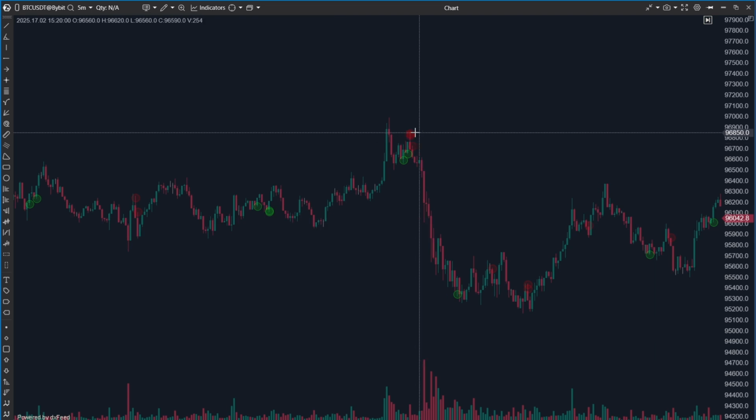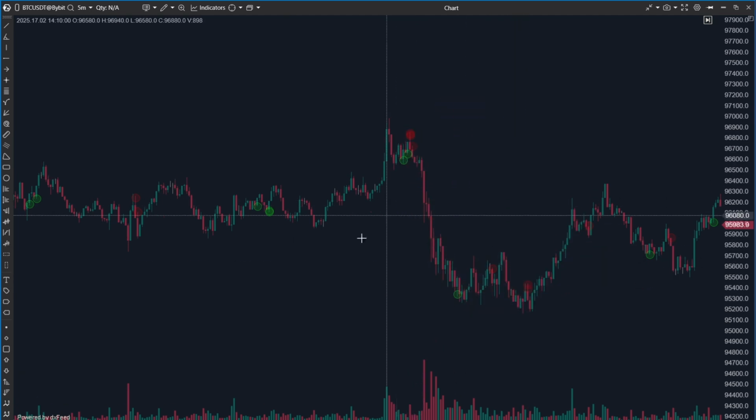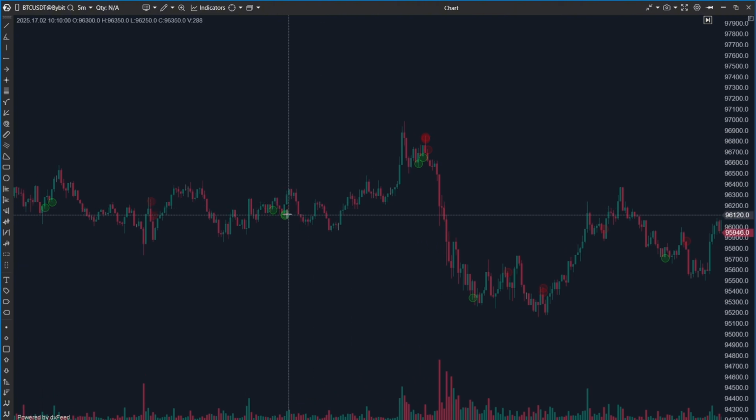Now, take from that what you will, but what I take from it is that basically there's big players in the market that are selling right here, and that's going to have an impact on the market. Not only are they causing an impact on the market, but other traders that are seeing this activity from the whales are going to be like, right, they're selling right here, so we're also going to sell at the exact same place. And as you can see, look at these stacks and clusters of big market sales caused a huge decrease in price. So they're not always right, but I would regard these stacks a lot higher than the individual